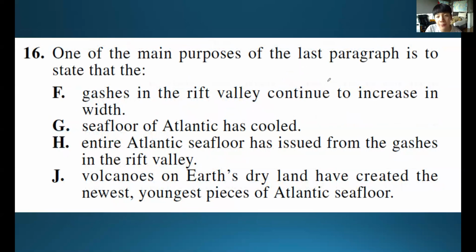16, one of the main purposes of the last paragraph is to state that... let's look at the last paragraph. Yet what had seemed so foreign to scientists is an integral part of Earth's very being. For at the ridge our own planet gives birth. So you only have to read the first sentence of that paragraph to get the whole main purpose of the last paragraph, right? So what's the answer to this one? Well, it's obviously